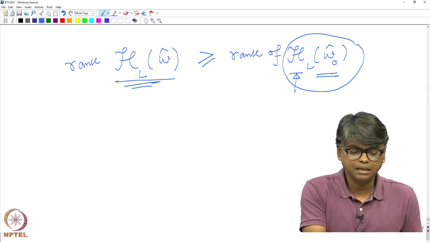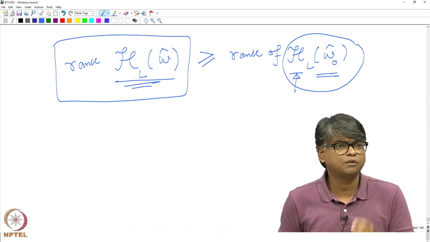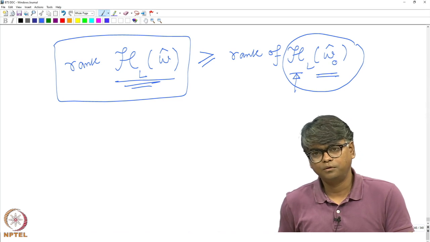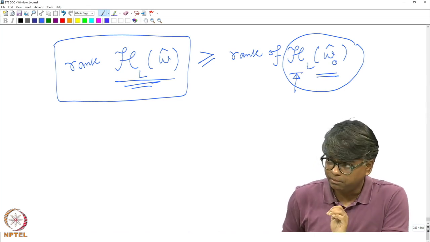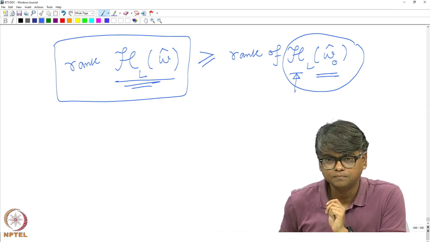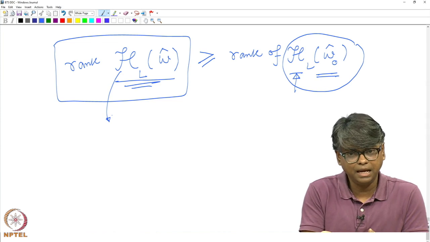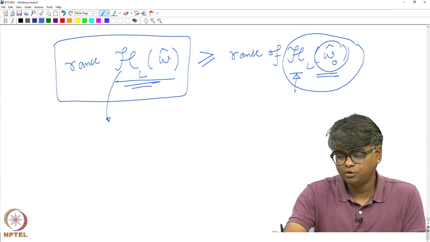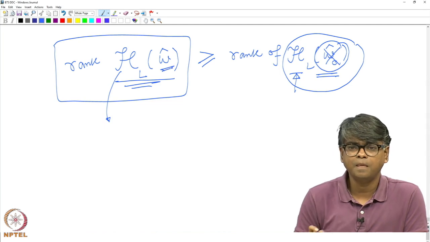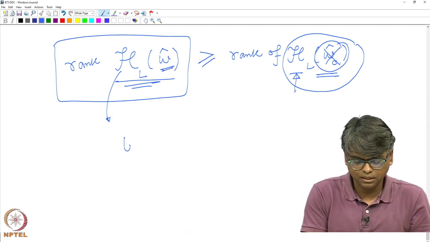And that is why it is expected that the rank of the Hankel matrix created out of the noisy data will be bigger than the rank of the Hankel matrix created out of the original ground truth data. So in that case, if I now look at this matrix, I will not get this W0 hat. This is not available to us, only this is available to us. So when we create the Hankel matrix, if I just blindly calculate its left kernel